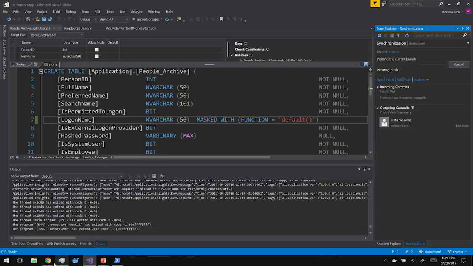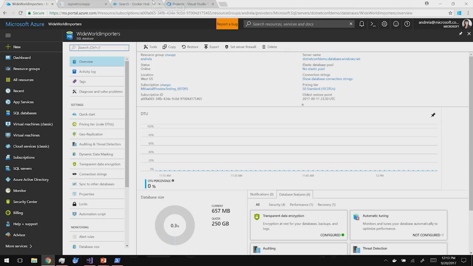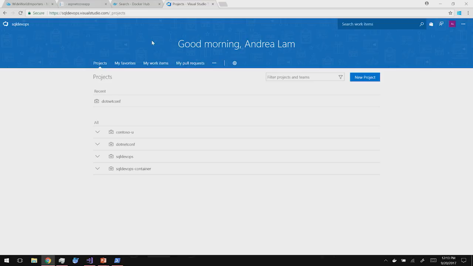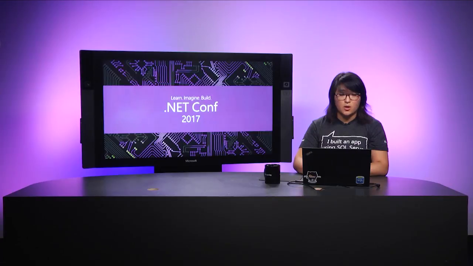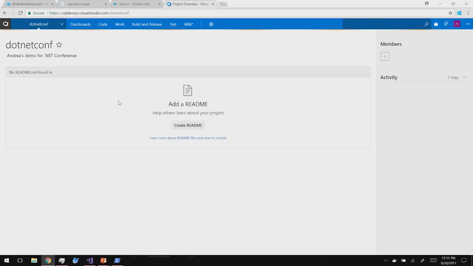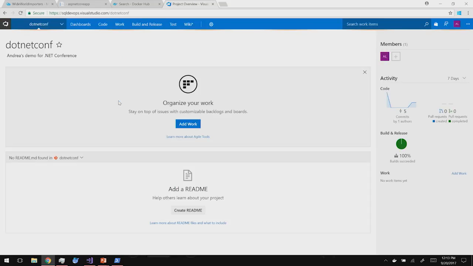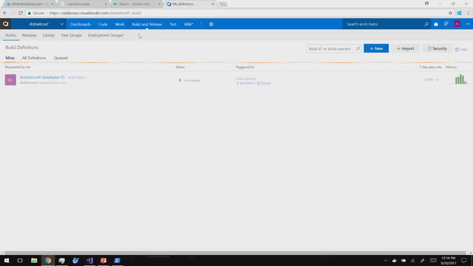So while we're here, let me switch over to VSTS. In Visual Studio Team Services, I have an existing project. It's called .NET Conf, so I'm going to open that and show you guys what's in this. Like I mentioned before, the big thing about this demo is to show you how to do CI/CD for your database. So we made a change locally, and now I want to make sure it's being deployed into my production Azure SQL database. So let's go over to builds real quick,